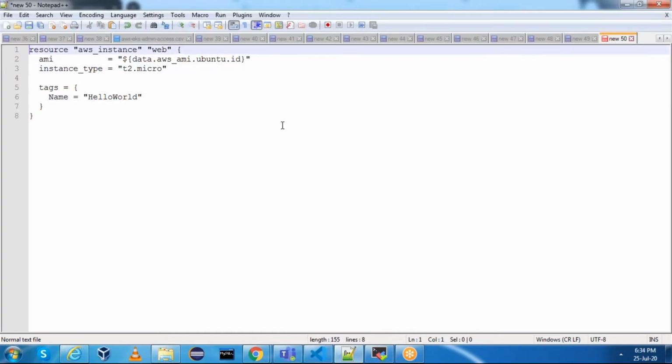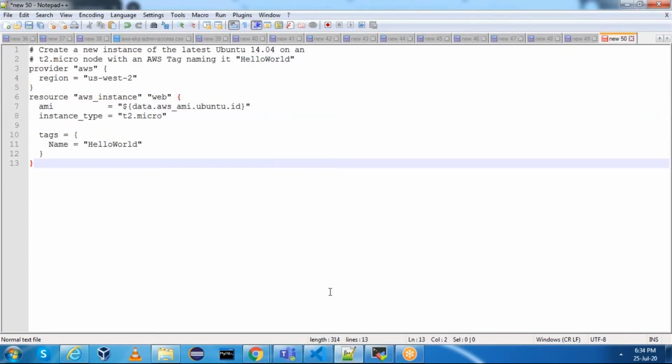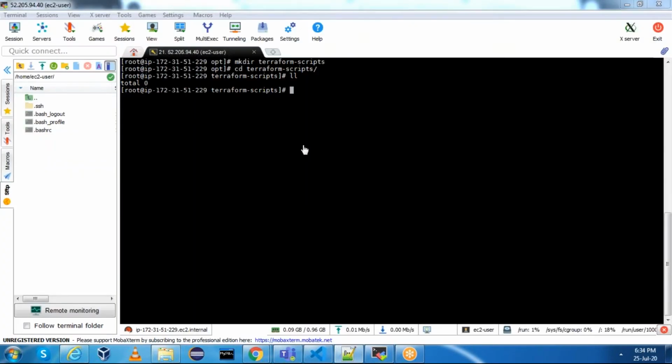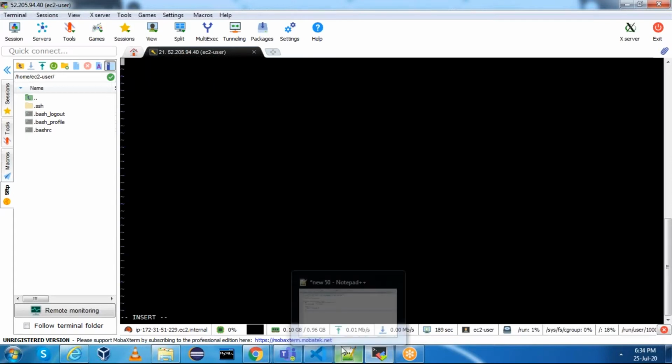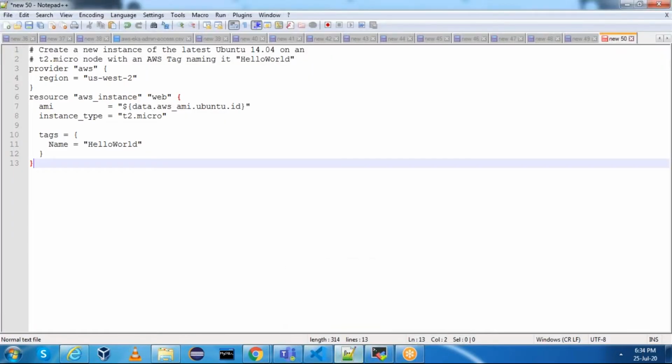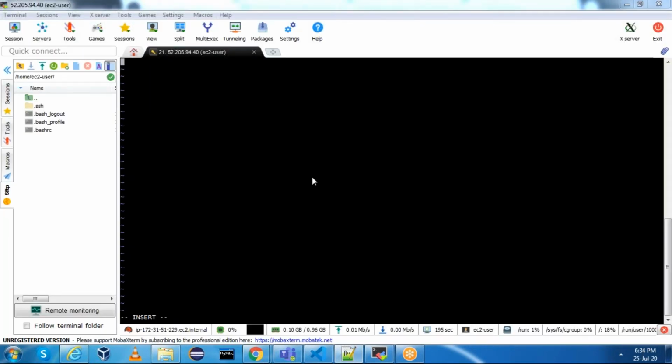Now we'll try to create this file. Let me create a file: vi create EC2 instance .tf, and here I'll paste this code and change the values.